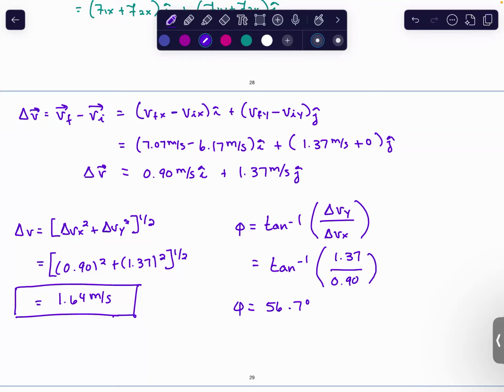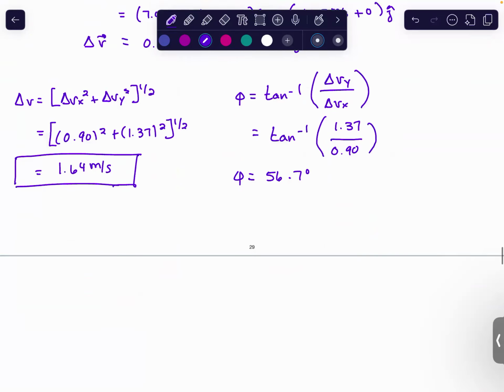Phi is going to be 56.7 degrees. Now, if we go back, we'd have to adjust our original approximation of our vectors, because as you notice, this change of velocity has two positive components, which means it would have to go into the first quadrant, and it would have to be 56.7 degrees counterclockwise from the positive x-axis. So our corrected